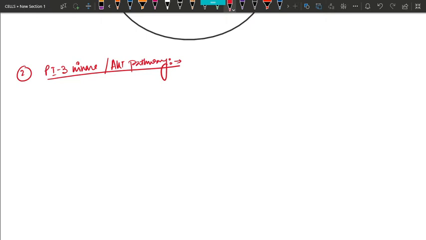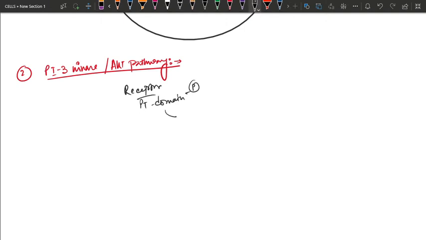So now what happens, the same thing in the case of the PI3 kinase pathway up to the activity of the receptor. I will not again start from the receptor binding. The receptor ligand has bound and the receptors have dimerized, and then autophosphorylation has taken place, and then the phosphotyrosine domains are also being phosphorylated. So now we have a configuration where in the receptor the phosphotyrosine domain is now phosphorylated,